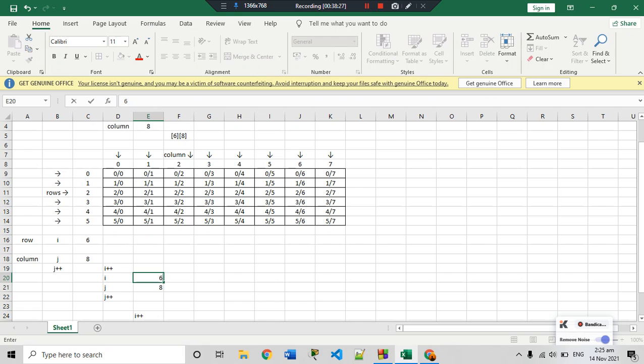So here, this is my example. Here, it is from row, here we count this as